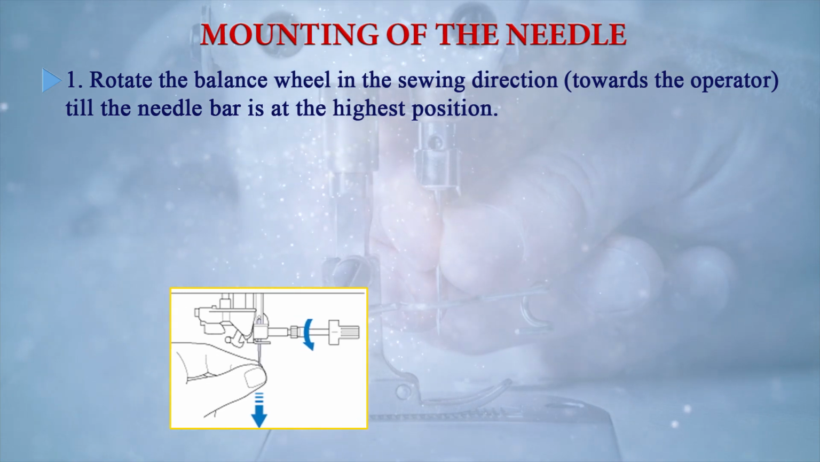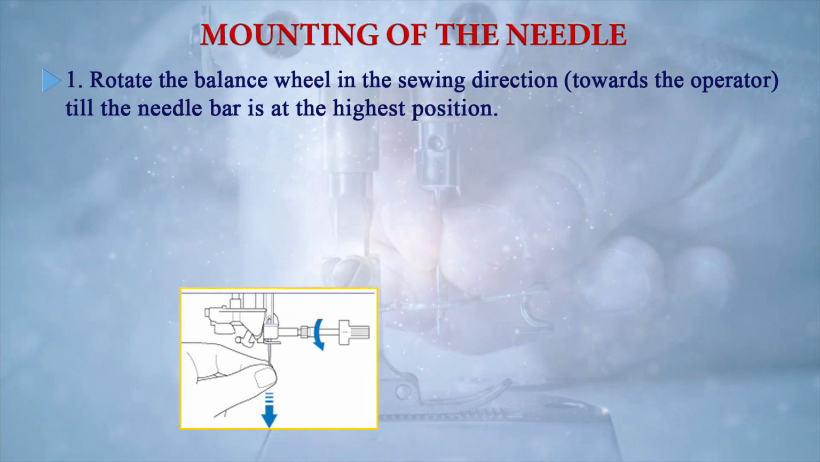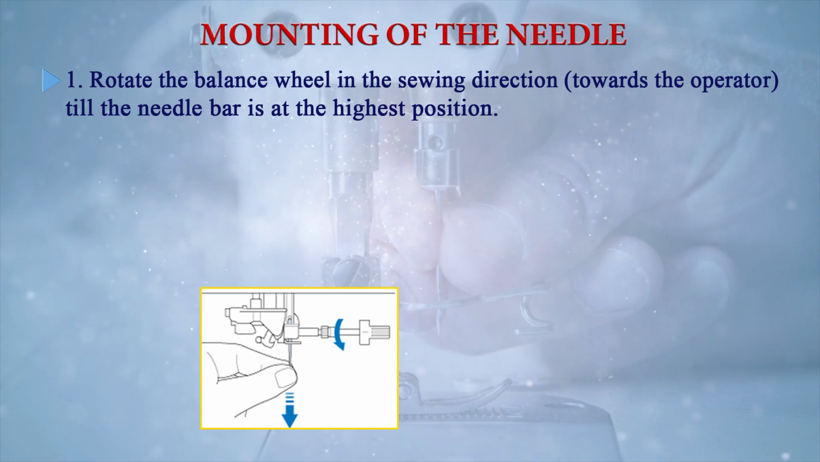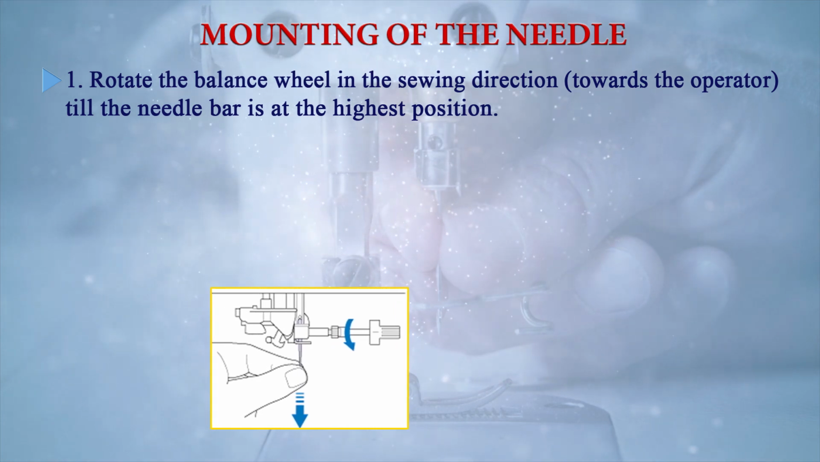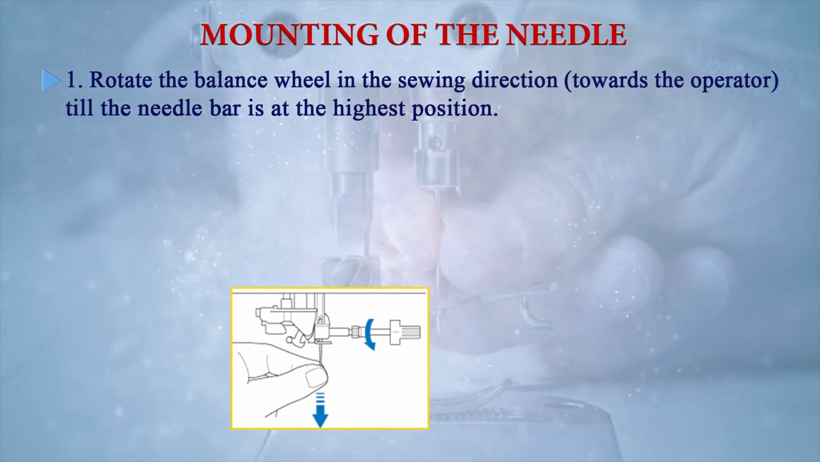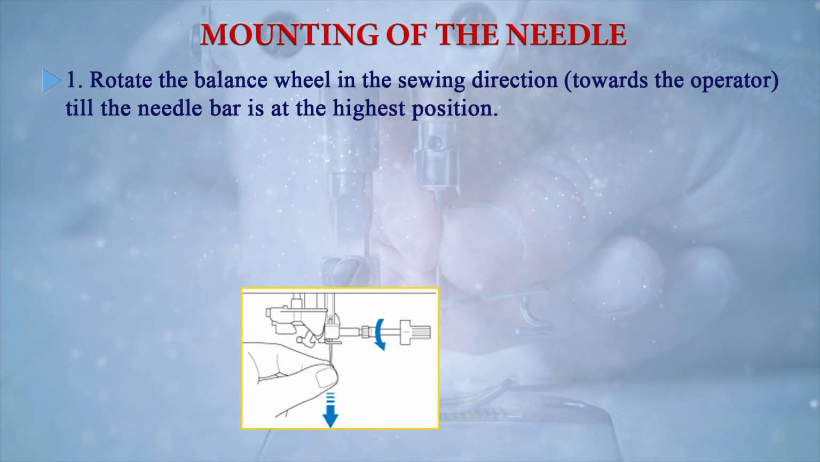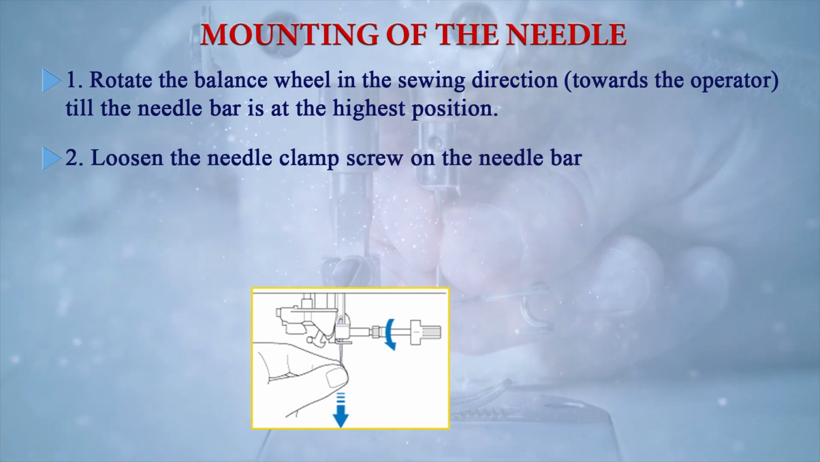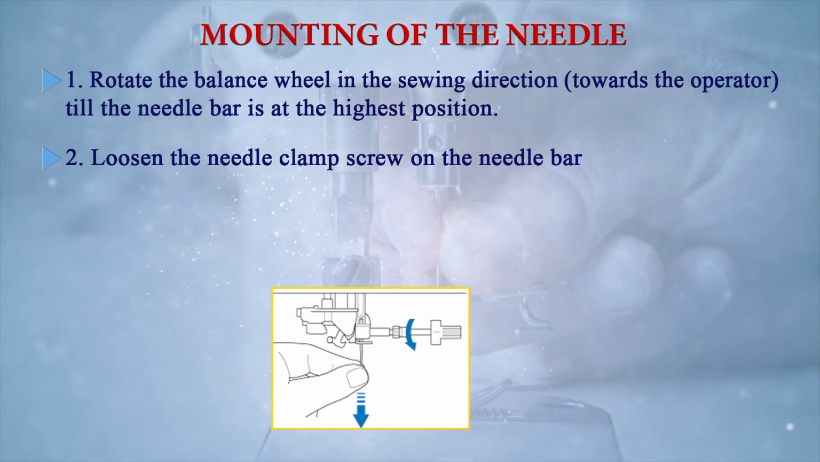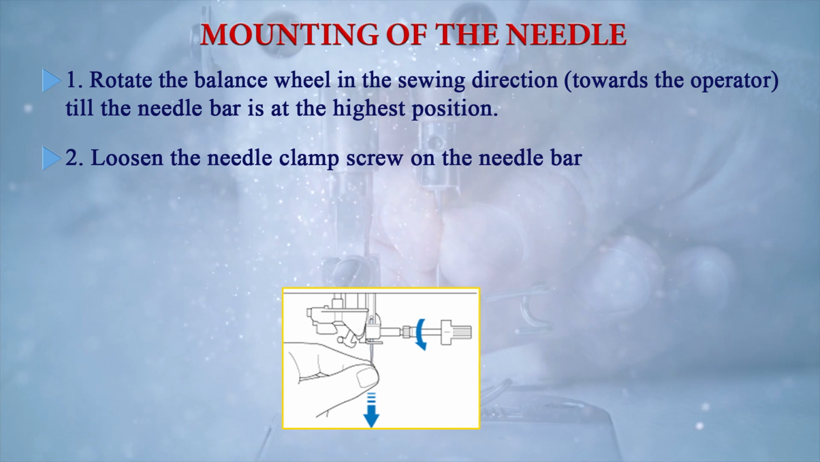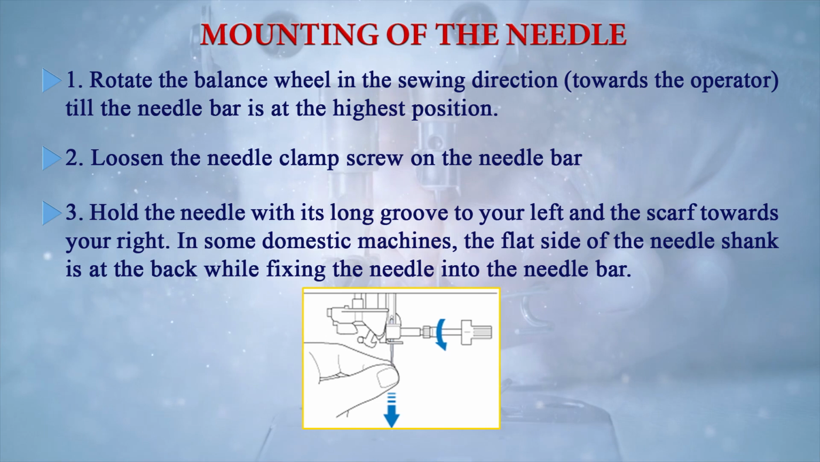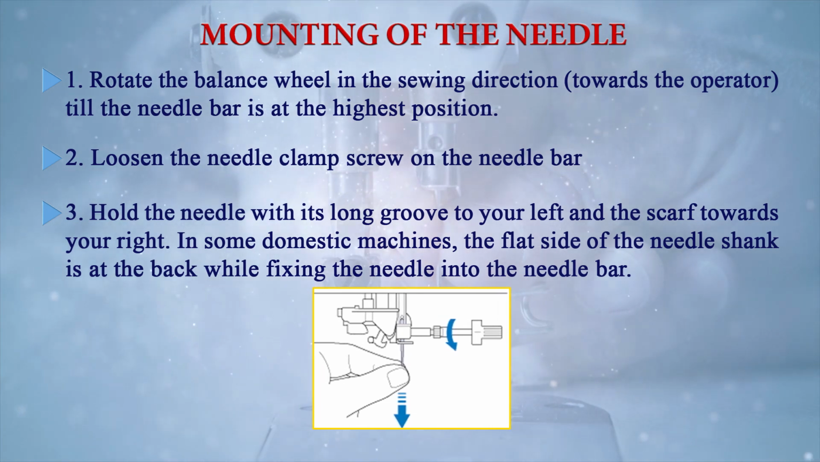You will experience that when you rotate that balance wheel, the needle bar goes up and down. So just rotate the balance wheel till the needle bar comes to its highest position, towards the upside. Then loosen the needle clamp screw on the needle bar. When you see the needle bar, there is a clamp, and on the clamp there is a screw. So you can just loosen that screw and then hold the needle with the long groove to your left and